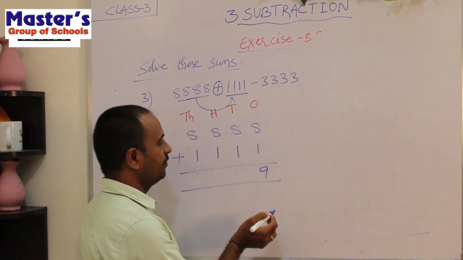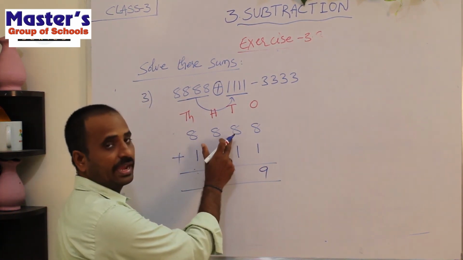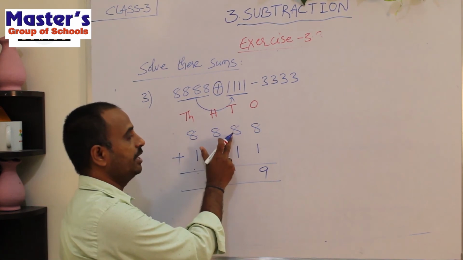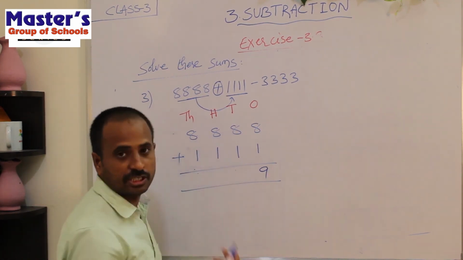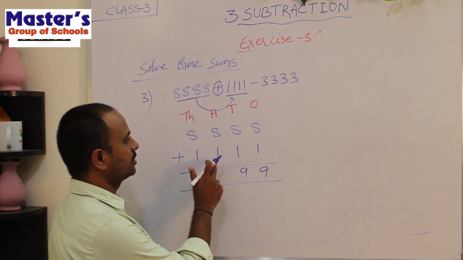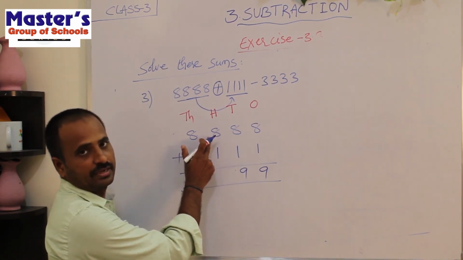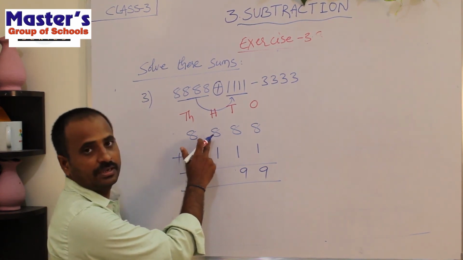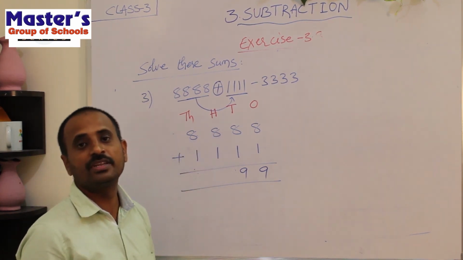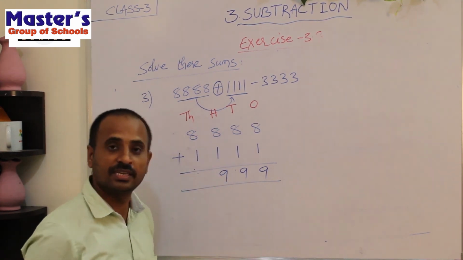Again in the same way, here also there are 1 and 8. If you add 1 to 8, we will get the next number for 8. What is the next number for 8? 9. So write 9 here. Again here also there are 8 and 1. So add 1 to the number 8, and we will get the next number to 8, which is 9. This next number is called the successor.